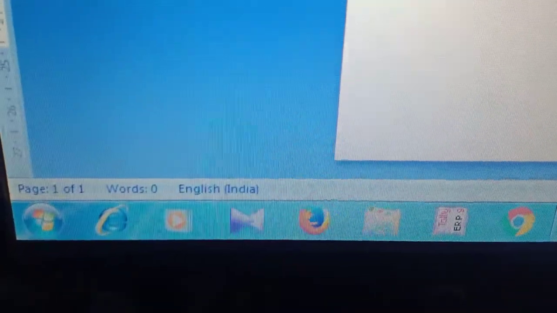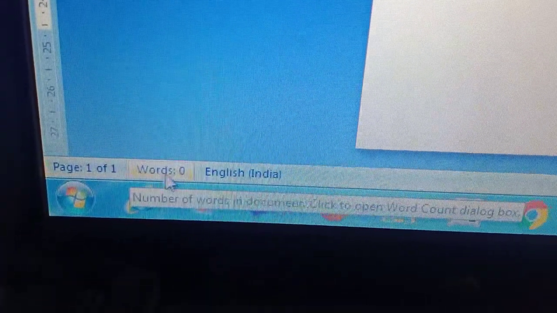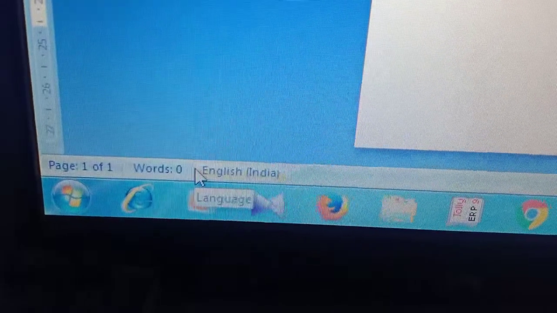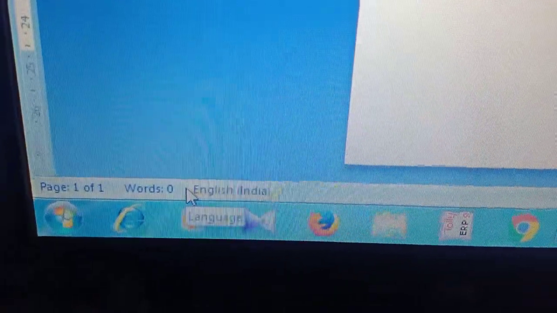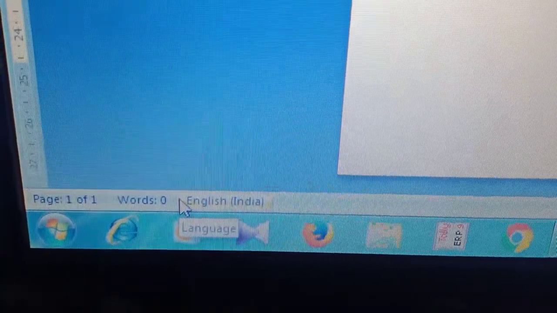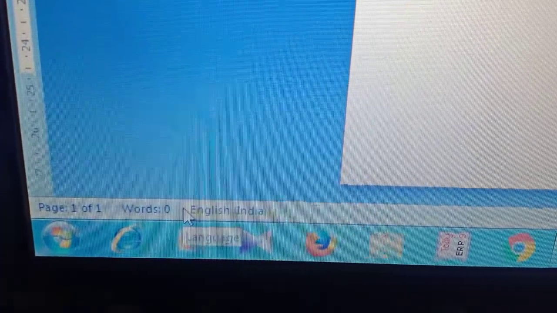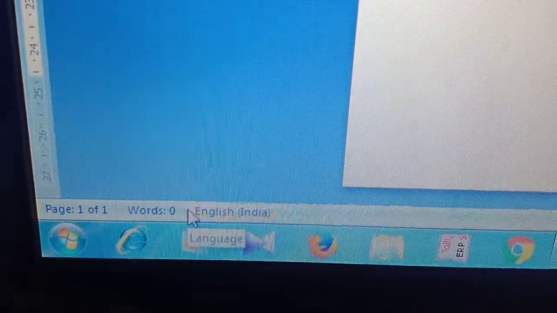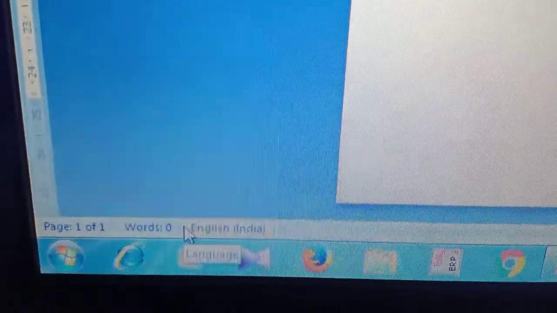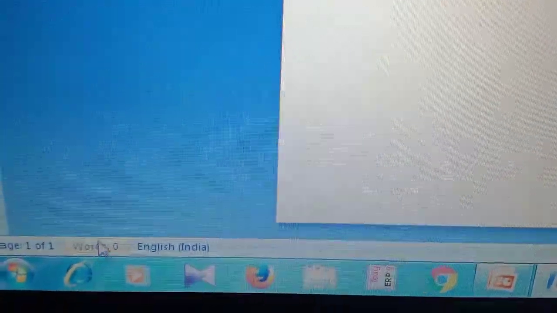Now see, this one is the status bar. It is present at the bottom of this window, and it gives the status of the number of pages in the Word document, the number of words, proofreading option, language setting, etc. See, here language is there, here words, because I had not typed anything here, so here it shows words 0.